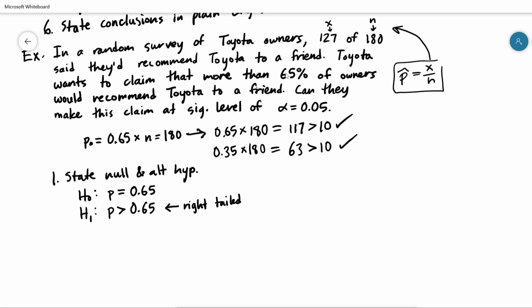So they're wanting to make this claim, and they're wanting to make it with some certainty. As you can see, alpha is small, 0.05, so they want to be pretty sure that they're telling the truth when they make this claim. In this case, 1 minus this number, they want to be basically 95% sure. That's how alpha relates to the degree of confidence that they have. And so we need this number to be bigger than 65%. Even if this number was exactly 65%, it wouldn't make sense for Toyota to claim that more than 65% of Toyota owners would recommend Toyota to a friend, because really the idea is we've got this curve over here,